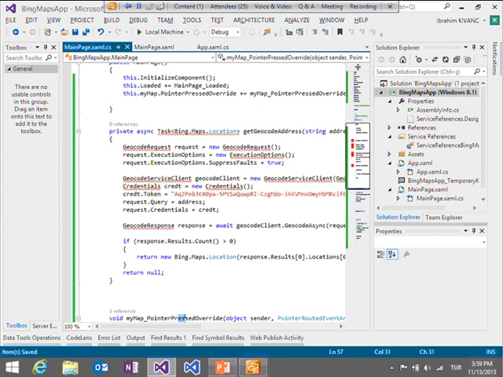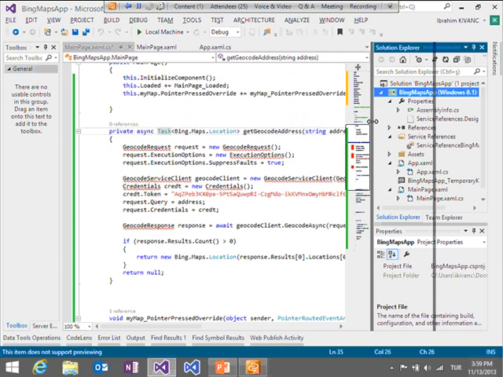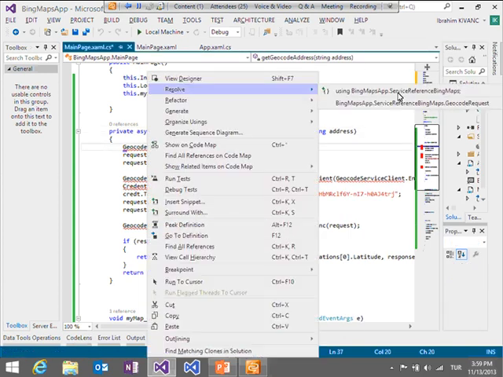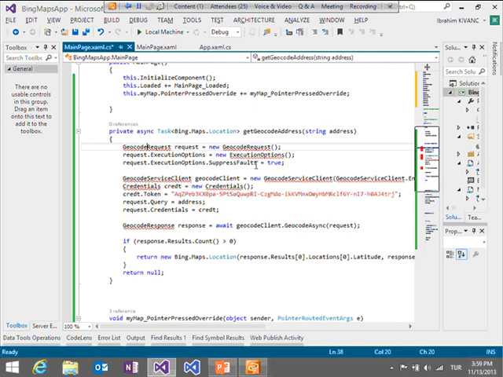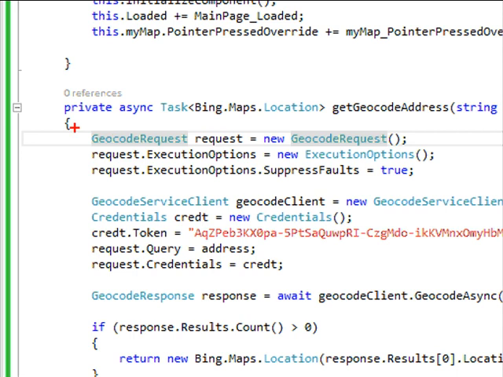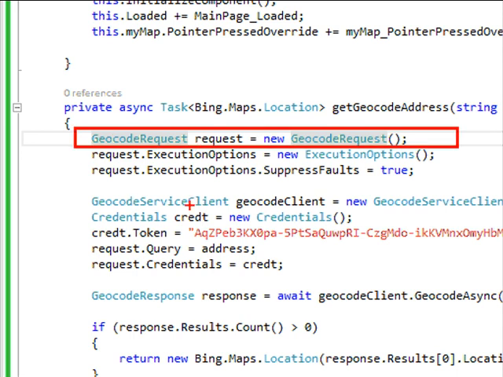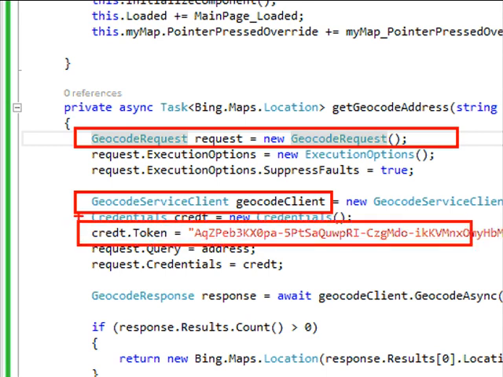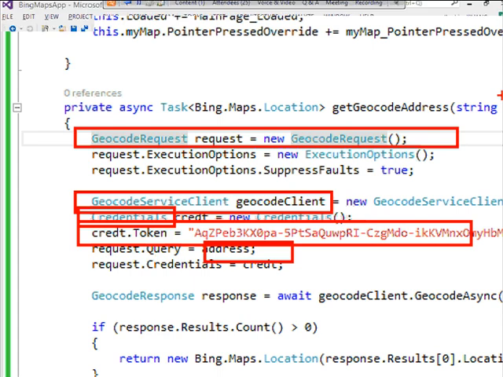So basically this is just a location. Let me define tasks inside of that. Let me add references from my web services, and that's it. Basically what it does is generate a geocode request. The request accesses my web client, my web service, and creates a new query. With this query, I have a token, my credential, and then my query has my address